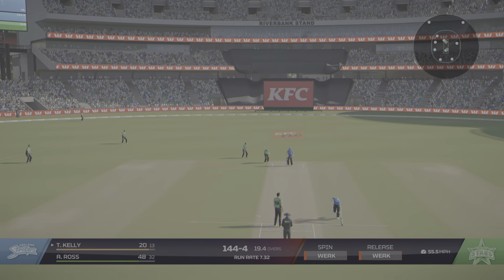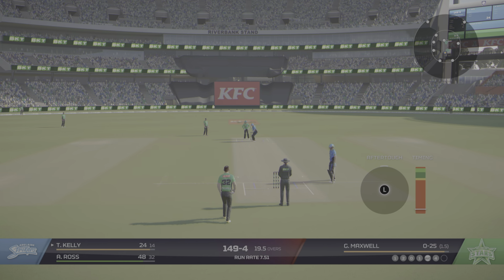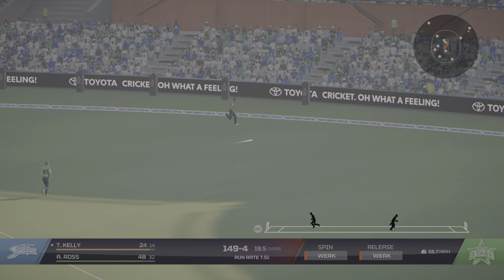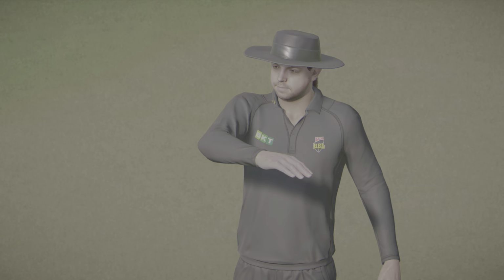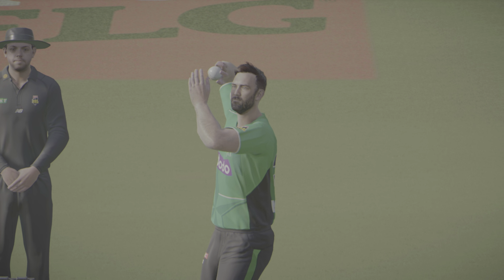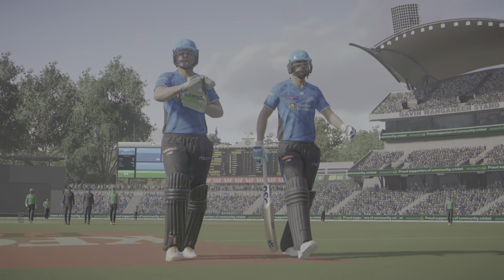Solid shot. That's going for four. Avoided the fielders, one bounce and four. Fantastic shot. Maxwell shouldn't be too worried about that last ball. They've got them playing their shots. Just need to tighten their areas now. And that's the end of the innings. The strikers have set a target of